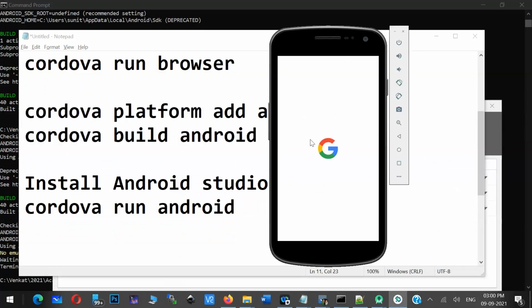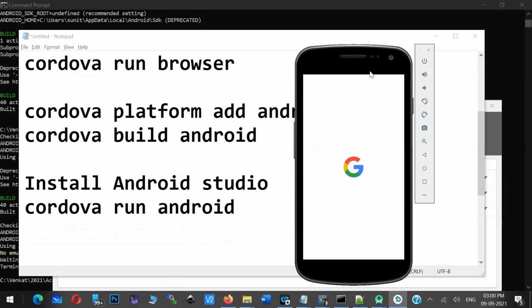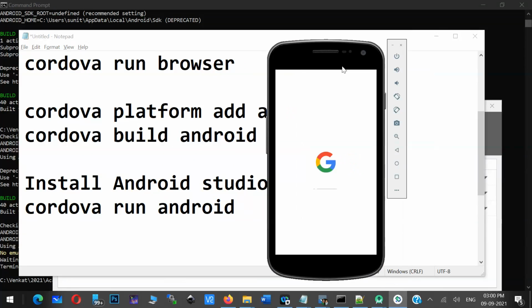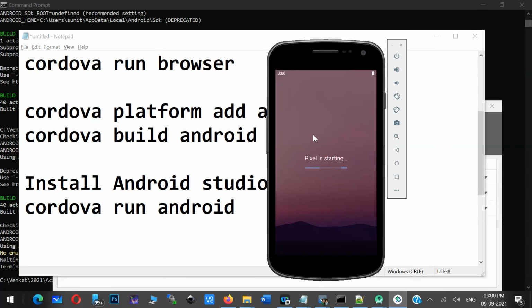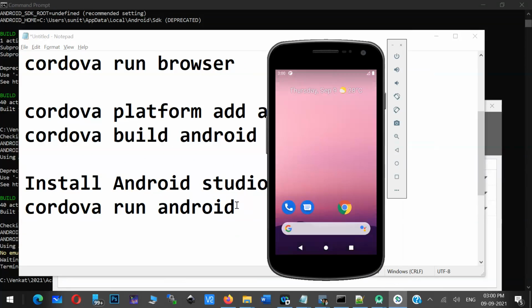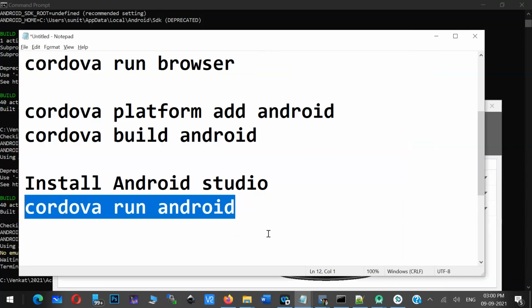Can you see here? The mobile emulator is running on my device. This is basically a mobile emulator. It replicates the mobile device, and that is called an emulator. Now you can see the mobile device started. Now it is ready. Now let me run this command. So when I run this particular command,